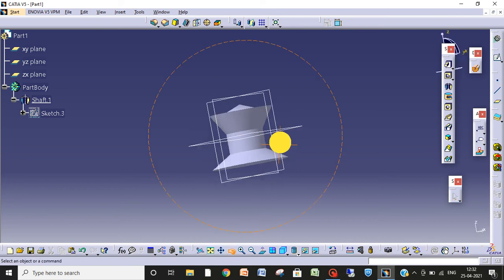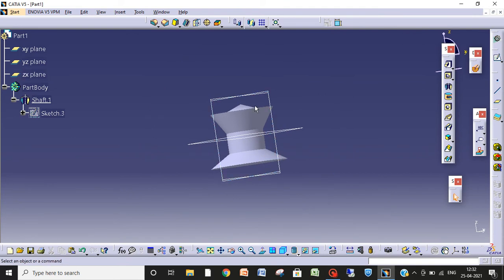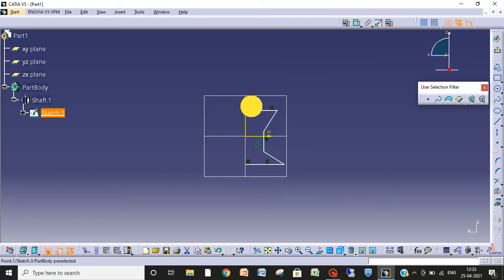You can see how it is revolved. I made something star-like, straight, then plane, and it is revolved around the axis. Now if I want to edit my sketch I can edit. I will remove this and make it like this. Now exit.